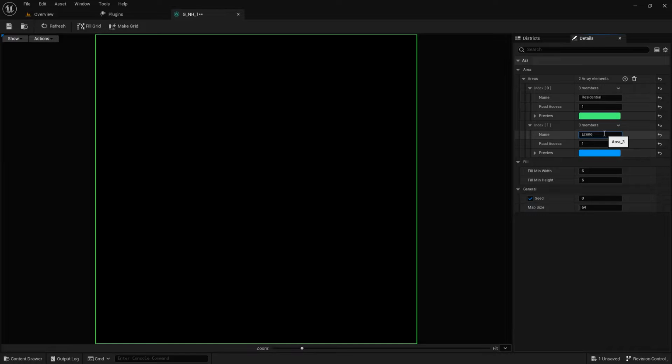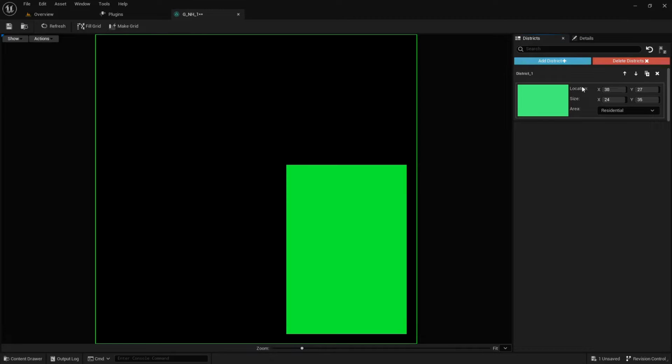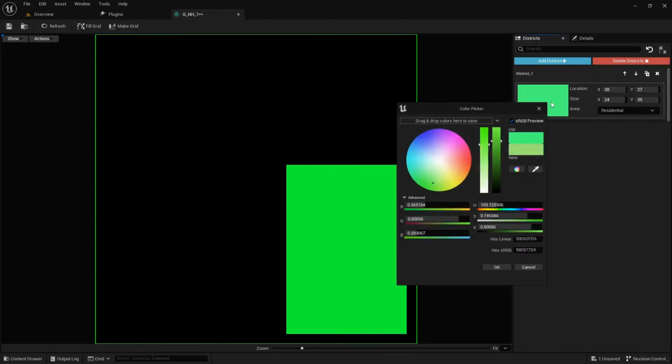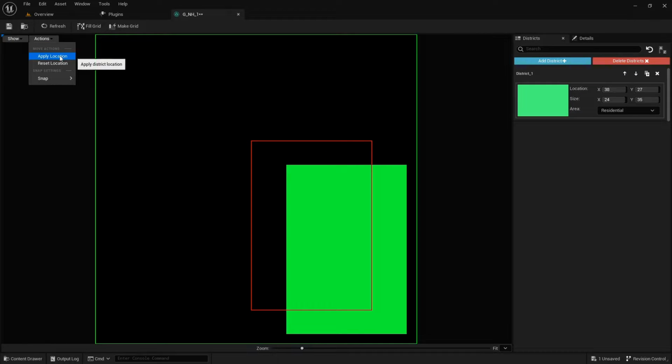Now, to design a neighborhood, we need to add districts to the map. You can add them from the Districts tab. As you can see, there are some settings to update the district's color, location, size, and area. By double-click on the empty space, you can select the district in the viewport. And if you click on the viewport, you can move the district with the arrow keys. And to apply or reset its location, you can use the Actions menu or use keyboard shortcut Enter to apply